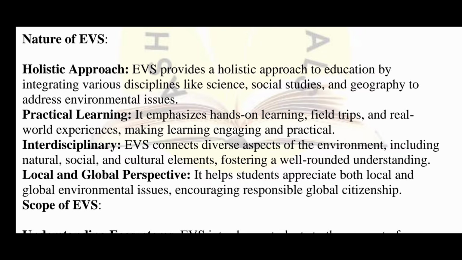Interdisciplinary: EVS connects diverse aspects of environment, including natural, social, and cultural elements, fostering a well-rounded understanding. Now you see, interdisciplinary means it is connected with everything. Environmental studies are connected with nature, of course, all the plants, animals, human beings. Then social, it is connected with the society in which we are living, right? Human beings are social beings, and no man can live as an island. So we are social beings, and in the society we have environment,